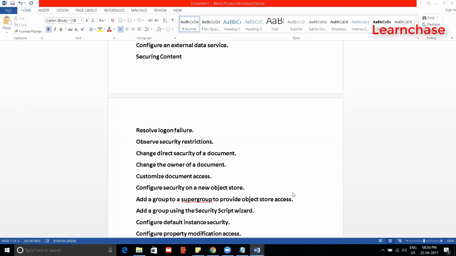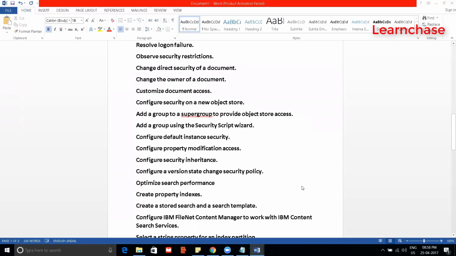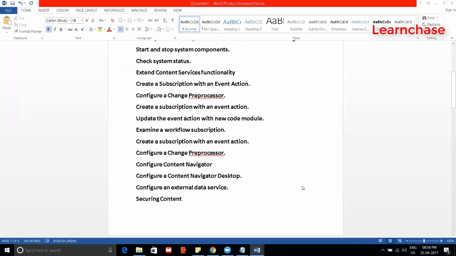Then there are other things like the content cache area, which improves the performance of the system.